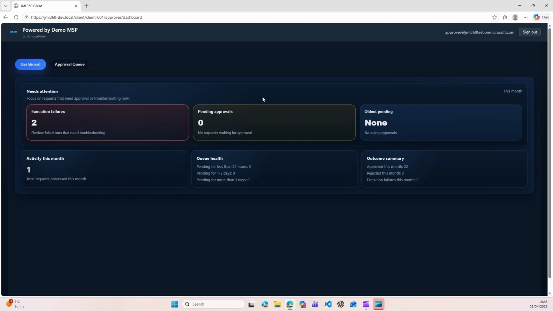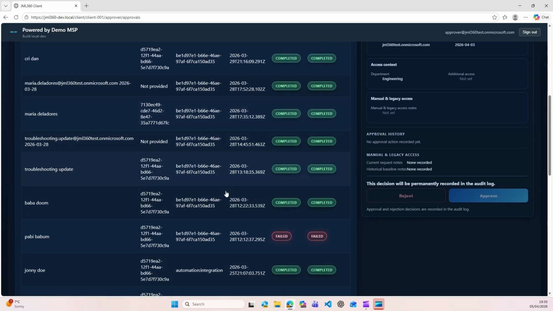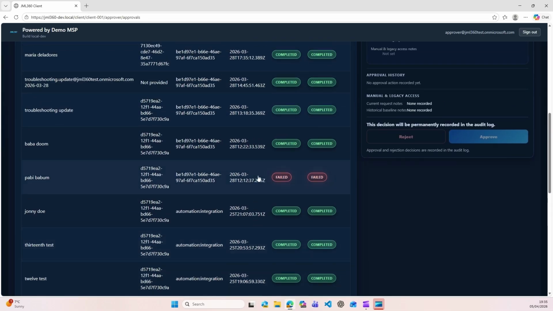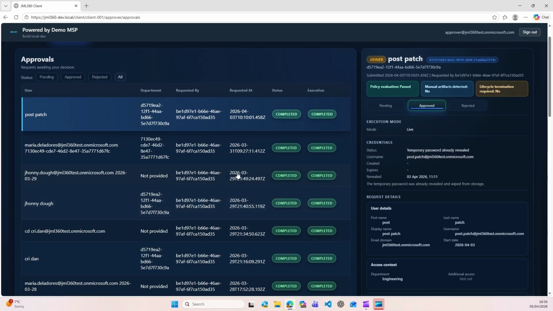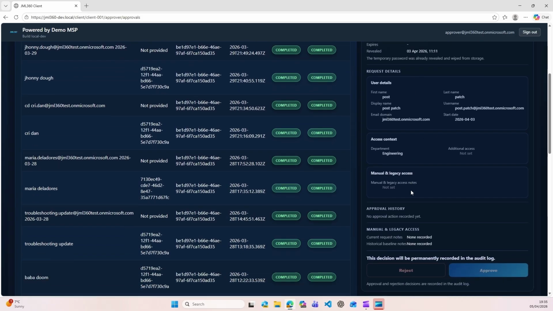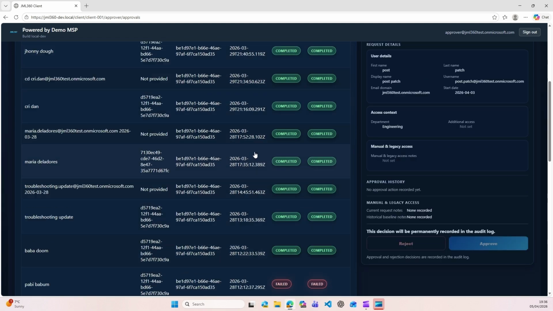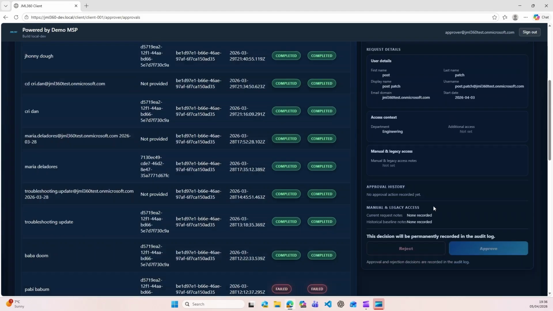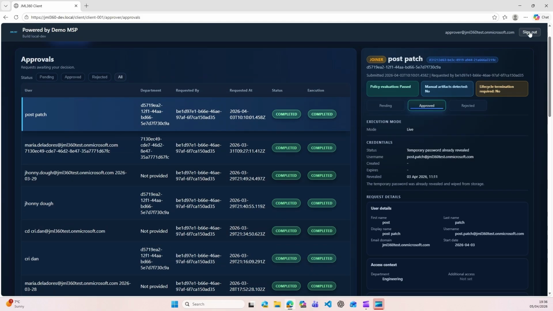As you can see, there is a landing dashboard, and you can log into the approval queue. Here you have all the previous executions that there were in the client tenant. In the approval dashboard, we can see that we have some details regarding the request, and we can approve or reject. This one has been already executed, so we can no longer come back to it. If we sign out from here,